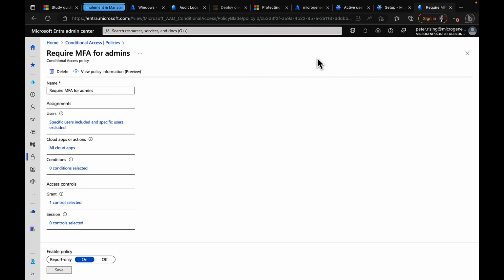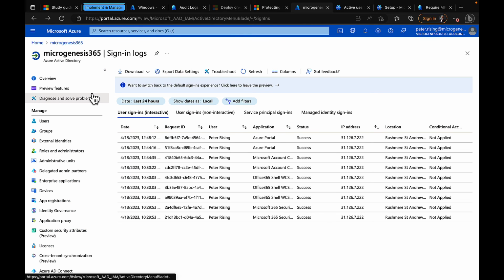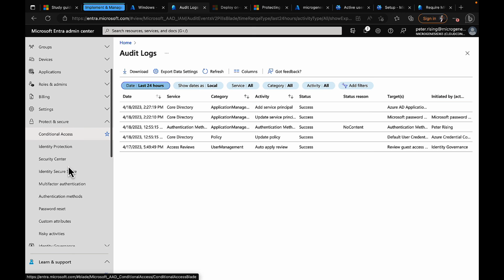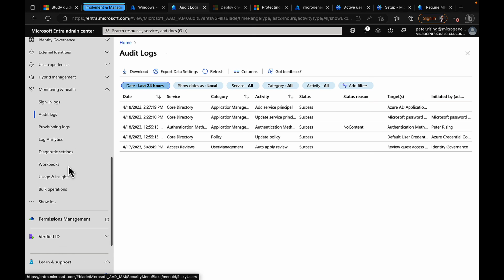Okay, final step on our journey here is to just have a look at some of the monitoring capabilities to troubleshoot things within Azure AD. And I've got this open in the Azure portal, but similarly you can get there via the Entra portal as well, just demonstrating how the same result can be achieved by those different portals. So here we go. In Entra, that's under monitoring and health, and we can see everything like